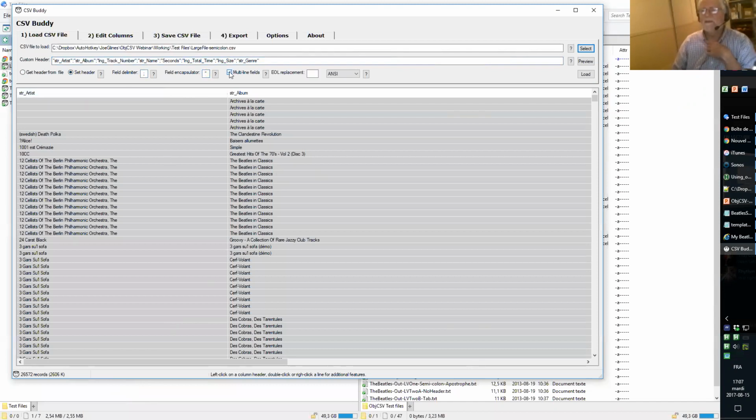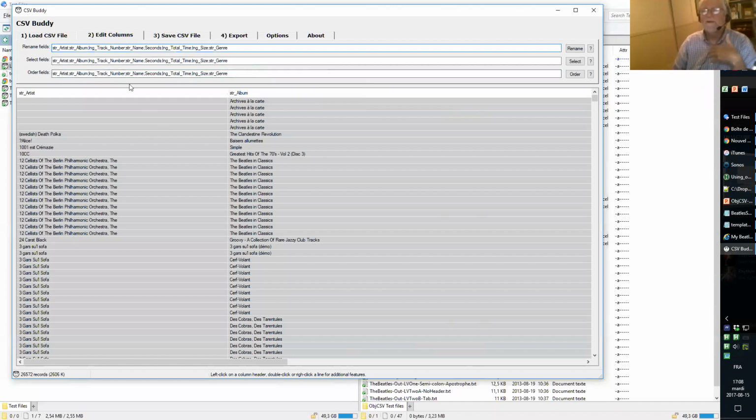If you say it is a multi-line fields file, you can say that in these files there are some replacements. I'll tell you more about that in a minute when you see the export. Here you mention the encoding. It will auto-detect some of the encodings, but some cannot be auto-detected, so you have to tell it it is UTF-16 raw or etc. here. And so that's the reading of the file.